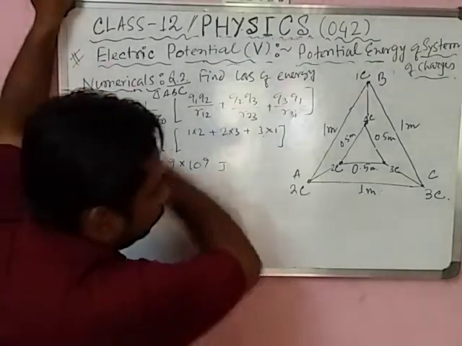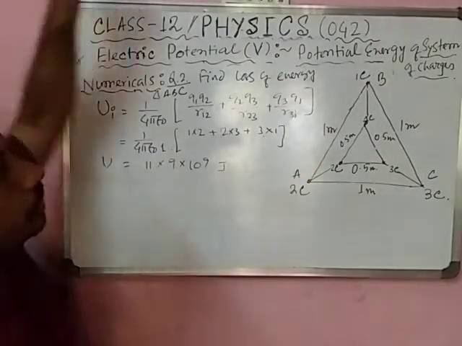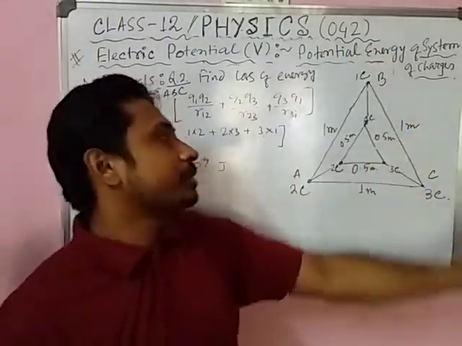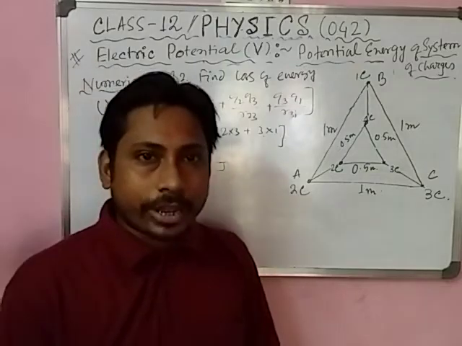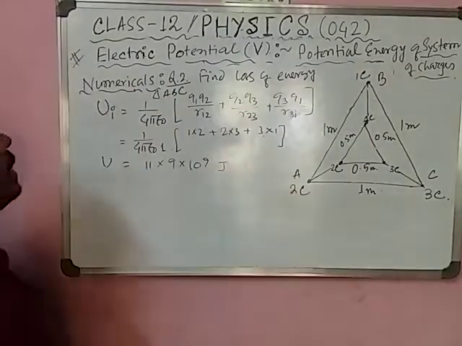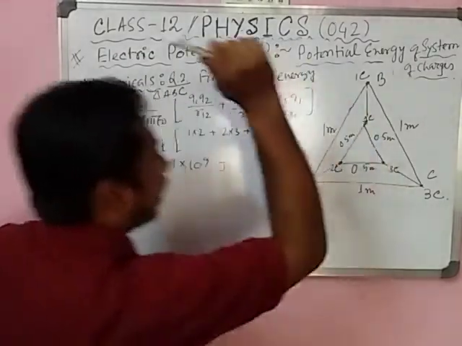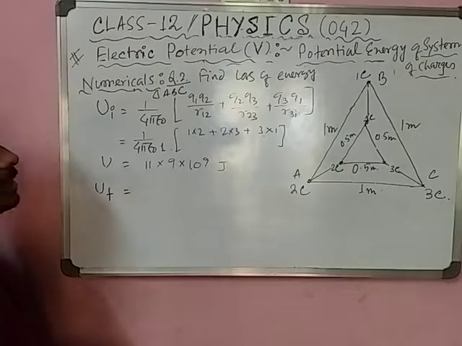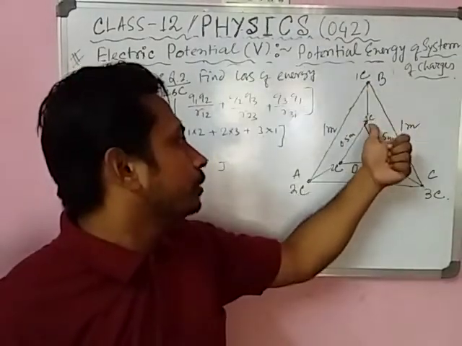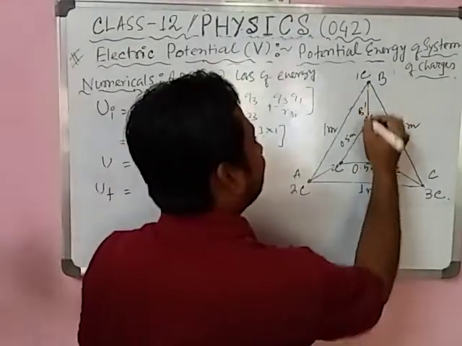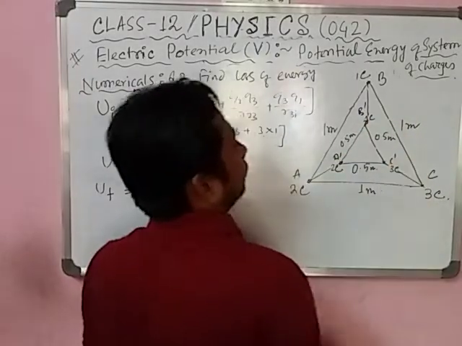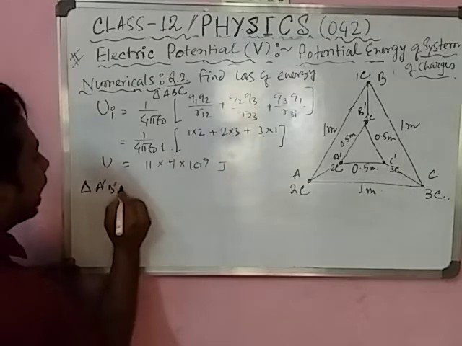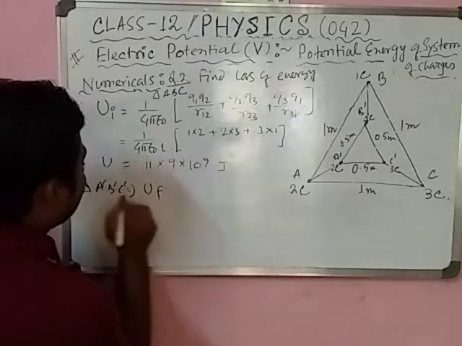After this I think you have no doubt, because I already told in the first case how to find the potential energy of a system of charges for a triangle. Okay, got it? Next student, you have to find it for the smaller triangle. For the smaller triangle, for that you will write the final potential energy. Actually what happened, the charges moved, so you can write B dash here, A dash, and this is C dash. So your new triangle is triangle A dash, B dash, C dash. So UF, how much is UF?